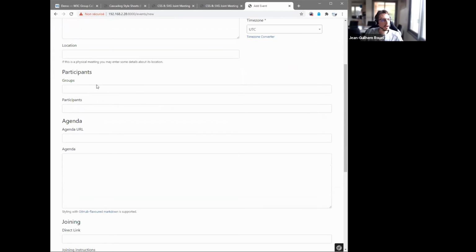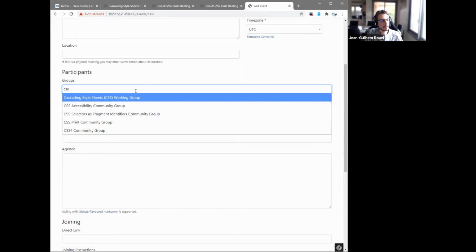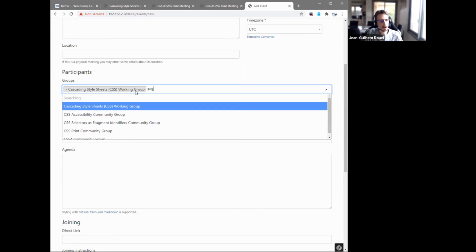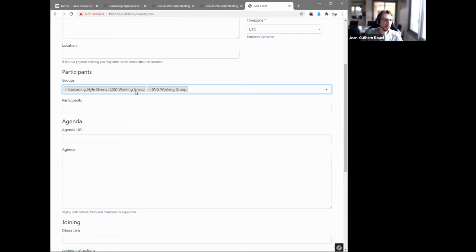Then we can add some participants. So we can add groups or individuals. For example, if I want to create a joint meeting between the CSS working group and SVG, I can start typing CSS working group and SVG working group. And then when I create the event, this particular meeting will appear in both calendars.